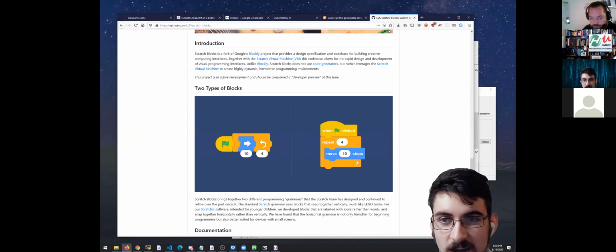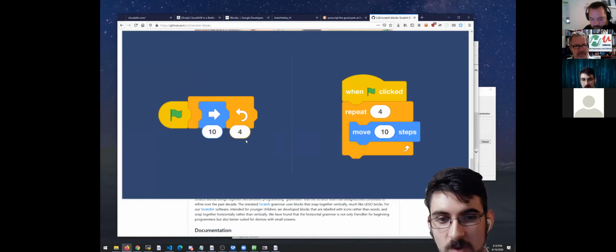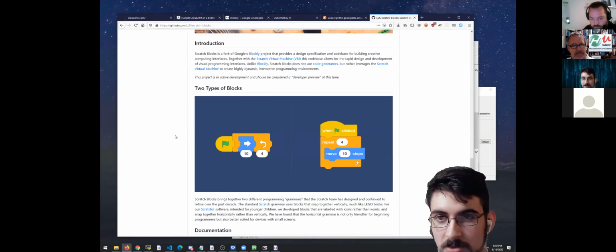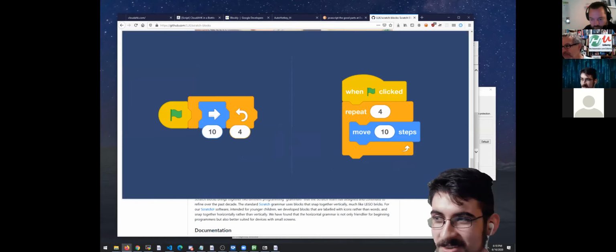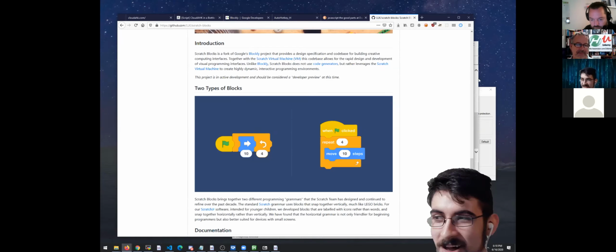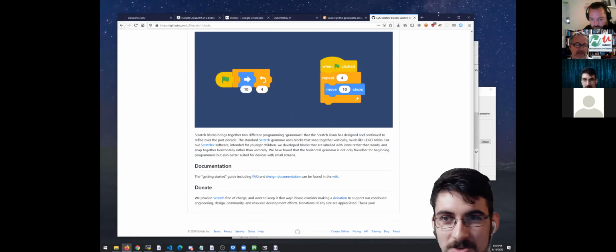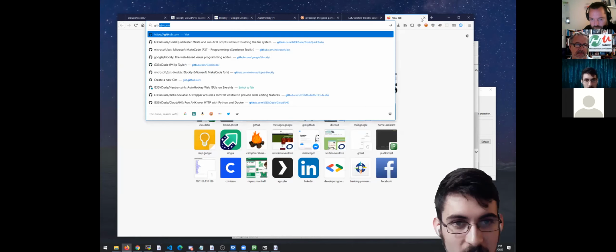Scratch supports this vertical programming as well as a more horizontal programming. I thought it would be neat to work with some horizontal programming stuff, but had to make compromises, so to speak. If we go back to Microsoft's project,